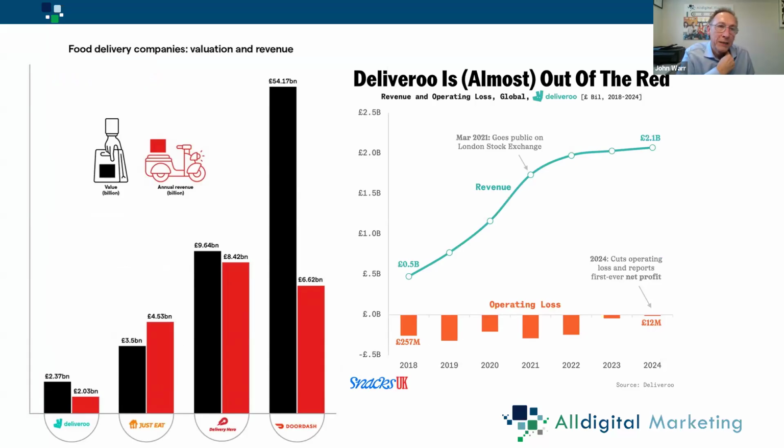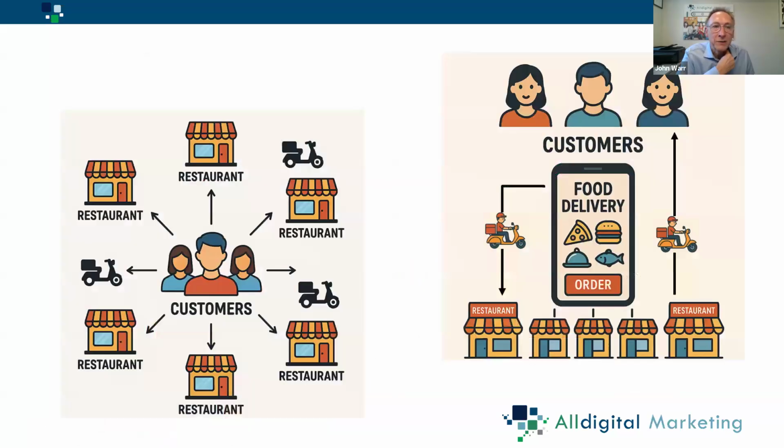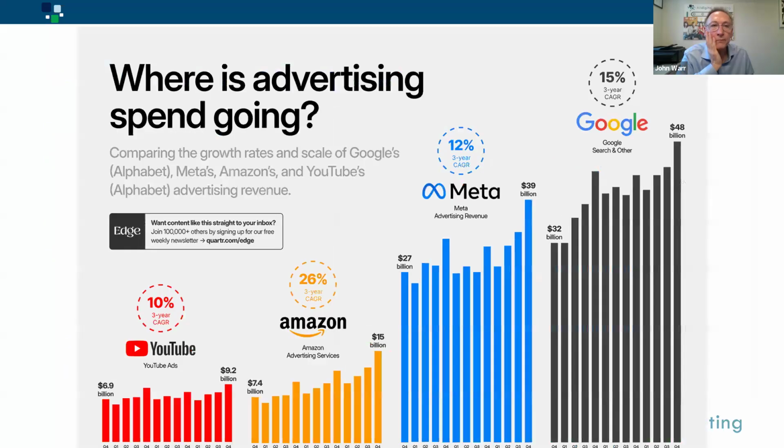Why is it worth that amount of money? Without going into it, what they've done is completely changed the market. Customers used to work directly with restaurants to get their takeaways. What Deliveroo did is change the relationship. The food delivery is now done between the customers and Deliveroo. So Deliveroo has taken the ownership of the customer. The reason the valuation is so high is that if you own the customer, then you can control the sales process. And this concept is going to carry on.